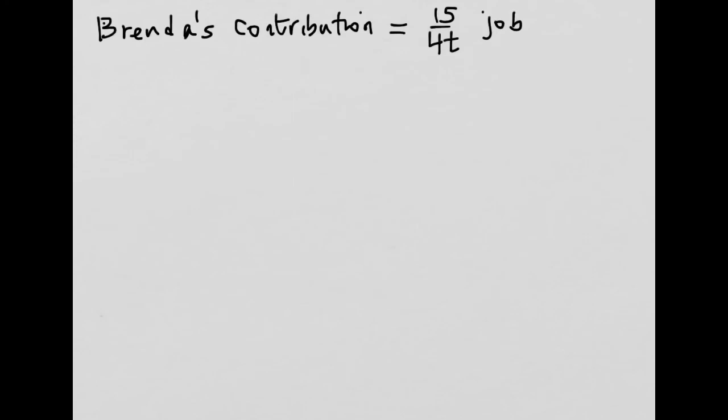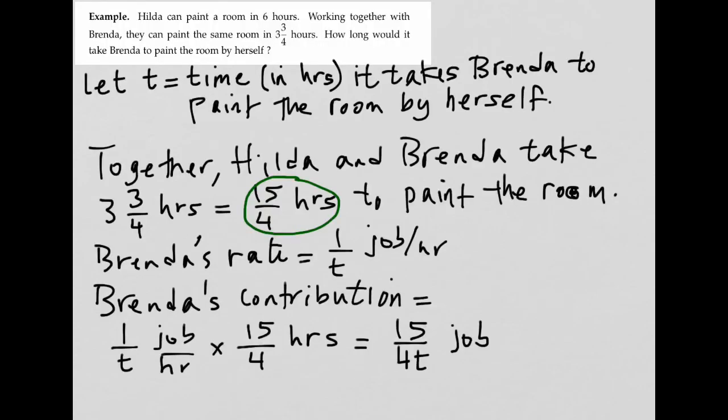So we found that Brenda's contribution to the entire job is 15/4t of a job. Let's go back and find Hilda's contribution. So Hilda's rate is 1/6